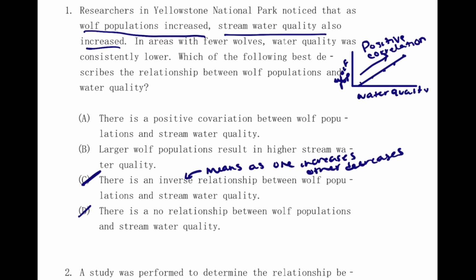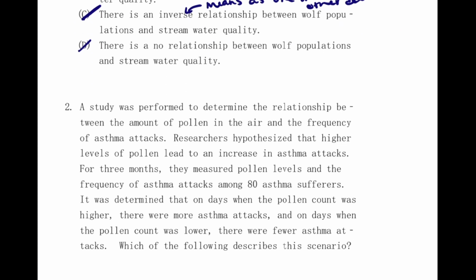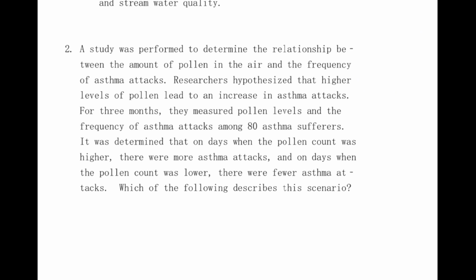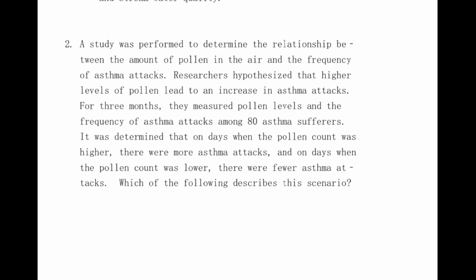We know that B is correct, but it's asking about the type of relationship. So it's going to have a positive covariation, which is the best answer. Now, a study was performed to determine the relationship between the amounts of pollen in the air and the frequency